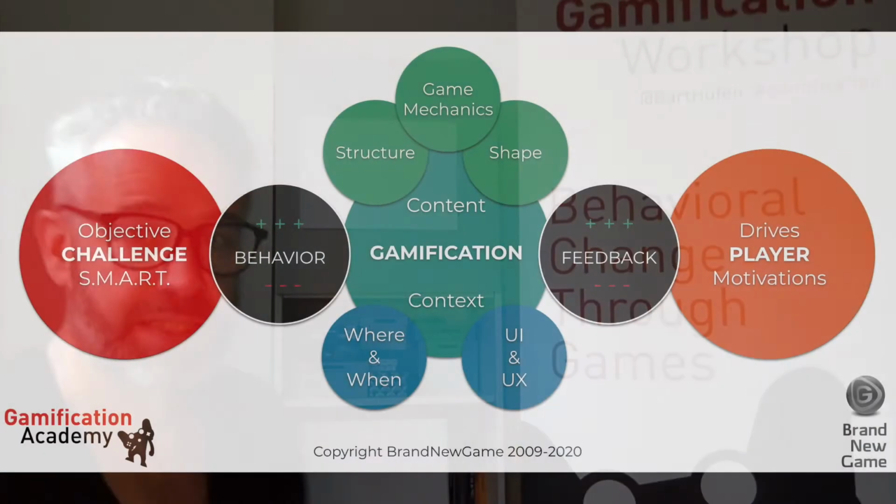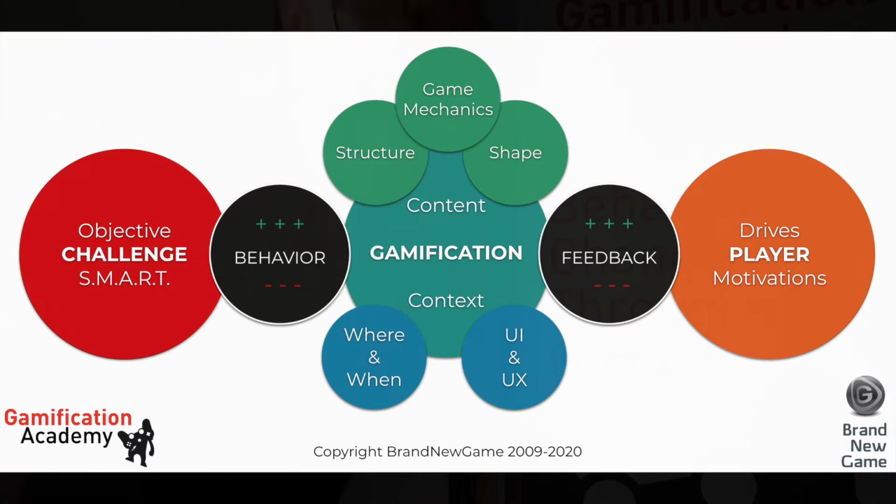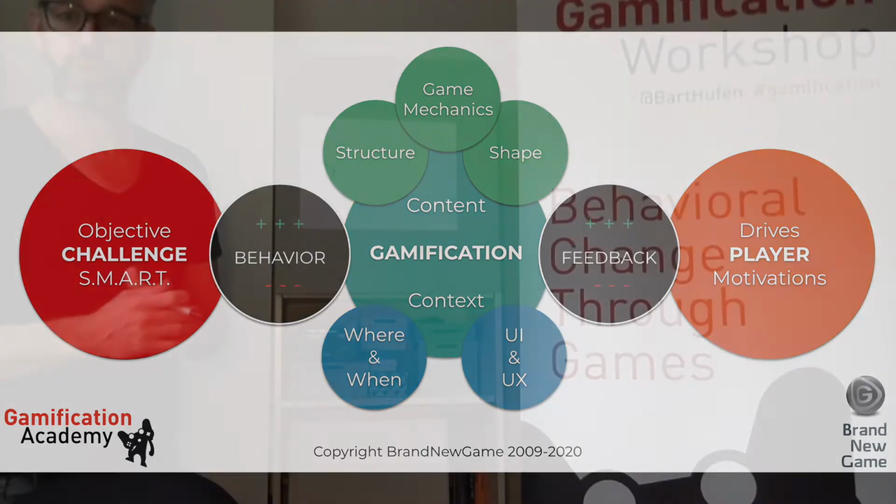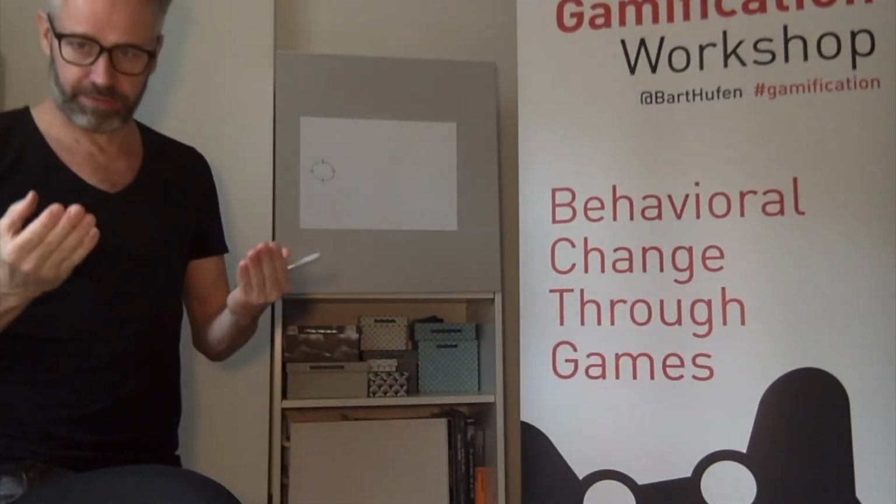So first, let me start with the gamification canvas, or canvas as we call it in Dutch. I'll write it down here, but again, I will edit in something later. The first step that you need to undertake if you want to develop a gamification system or a serious game as such is to start with the objective. But the objective should be defined on multiple levels.